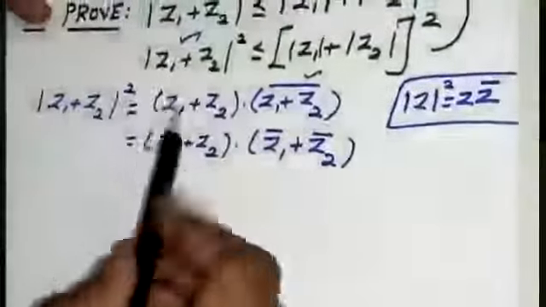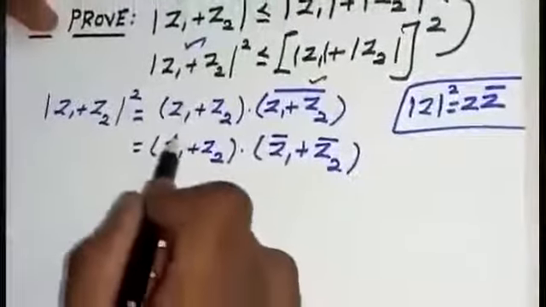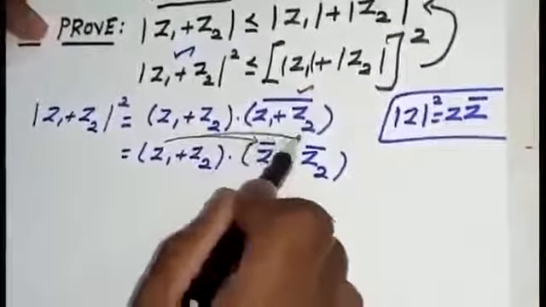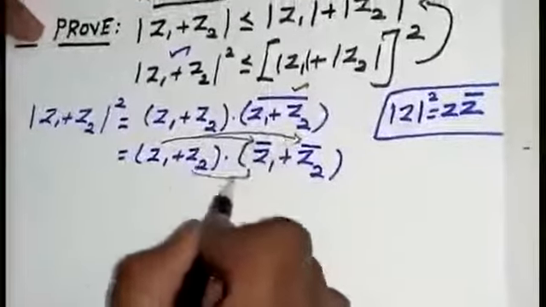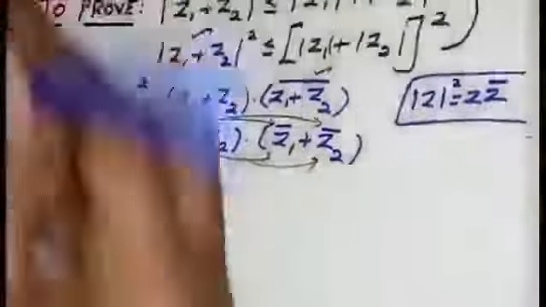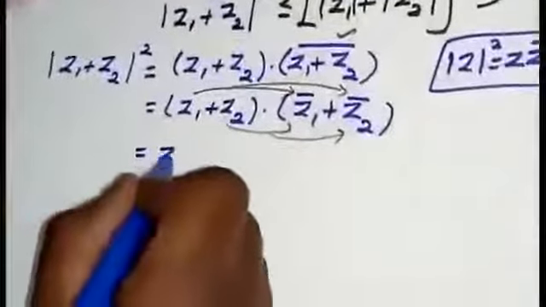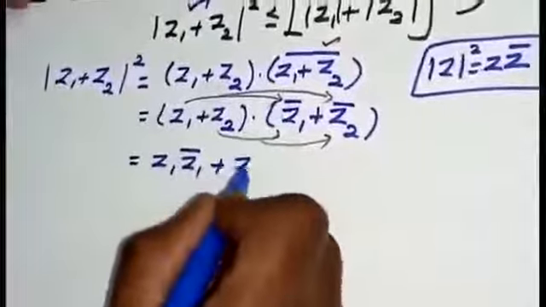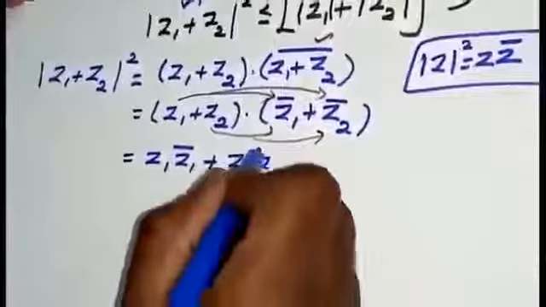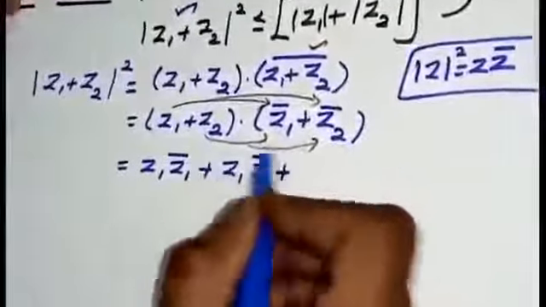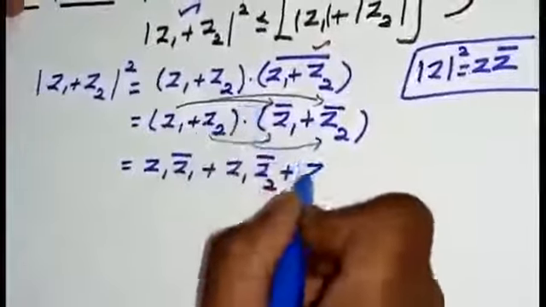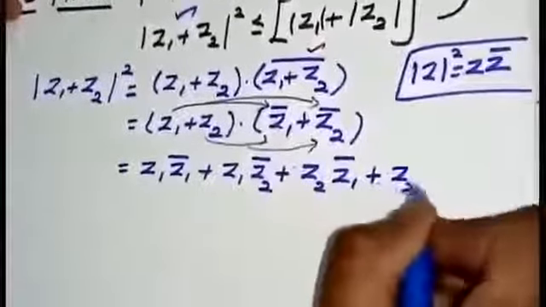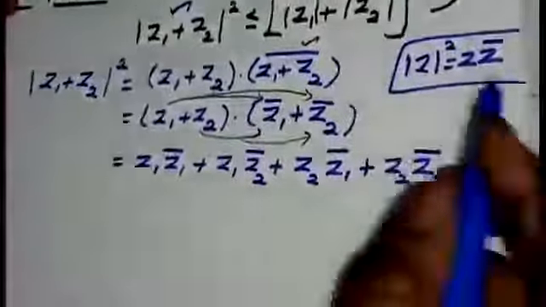Next, what I am going to do is, I am going to multiply the complex numbers. That is Z1 into Z1 bar, Z1 into Z2 bar. Like this I am going to multiply. Just see the terms how I am going to write. Z1 Z1 bar plus Z1 Z2 bar plus, without changing the order you are going to write, next one, Z2 Z1 bar plus Z2 Z2 bar.